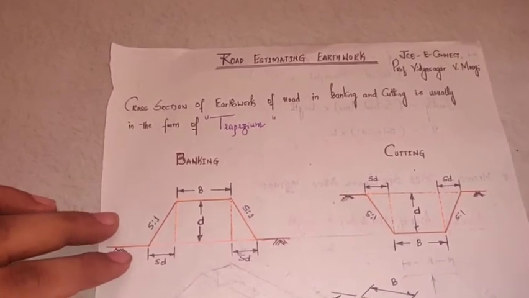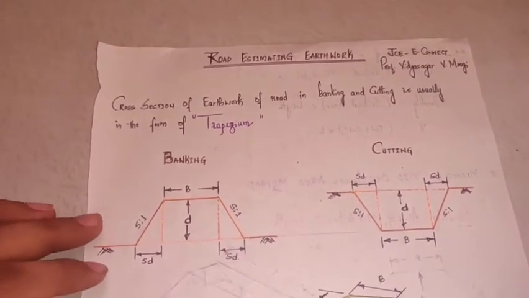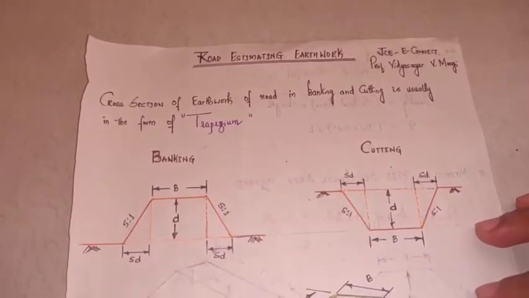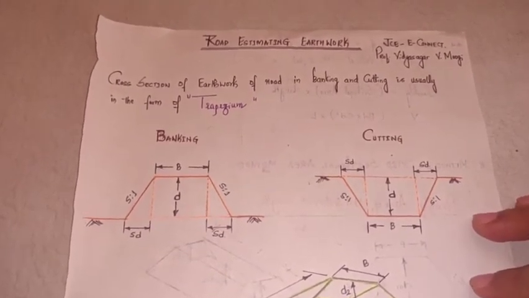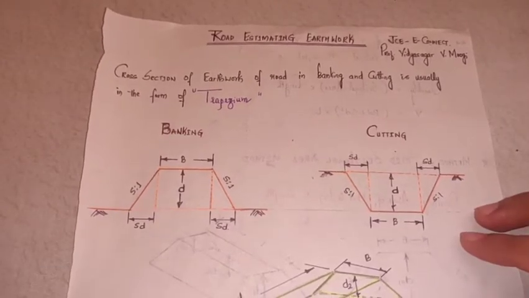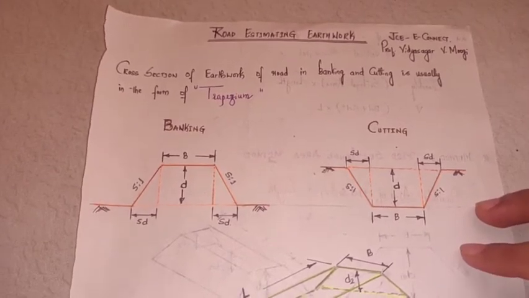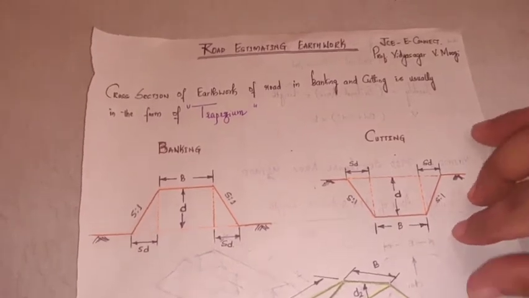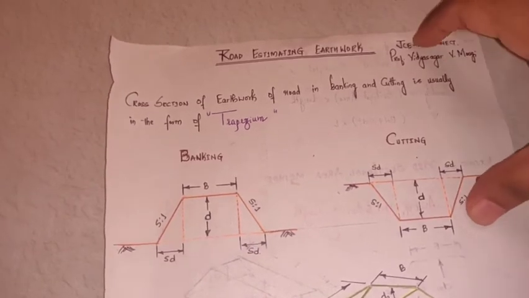This is Vidyasagar Mugi. Today I will be explaining to you about road estimating earthwork. Earthwork calculation and estimation is the foremost thing that is done in almost every civil engineering work. Earthwork is, as you all know, related to finding out the quantity of earthwork that is to be excavated or filled in order to achieve any required profile of the ground, may it be the construction of a residential building, roads, or any civil engineering works. Right? Construction of any building starts with first the excavation and leveling.